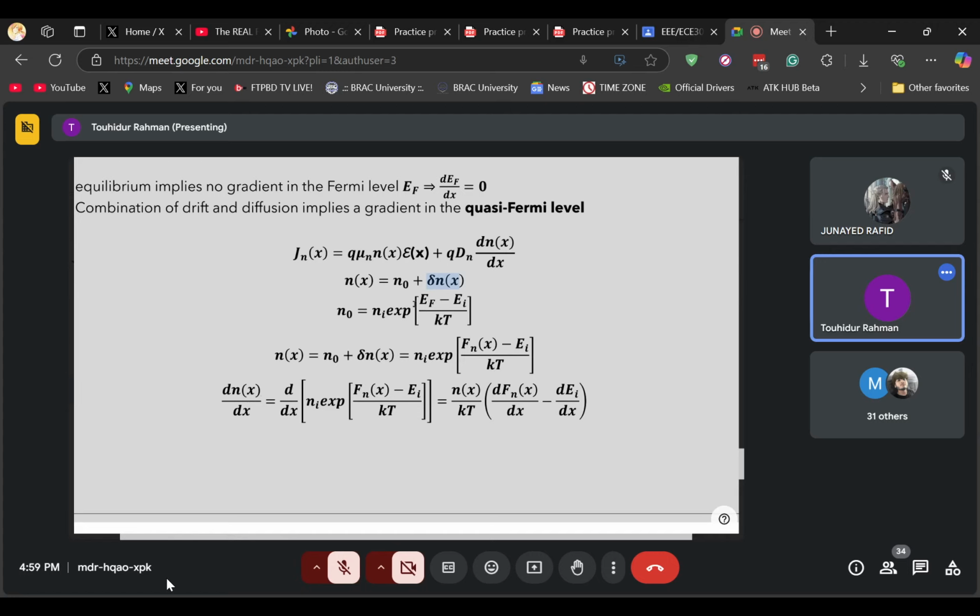Okay, so the initial Fermi level, which represents n0, is EF. Now, because of excess carriers, if we change the total number of electrons, then the Fermi level will also change accordingly. And the new Fermi level, we call it